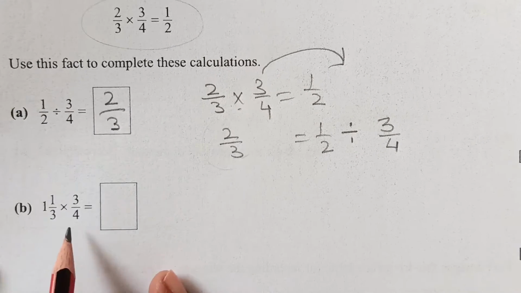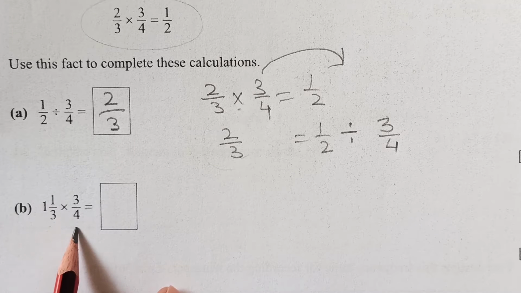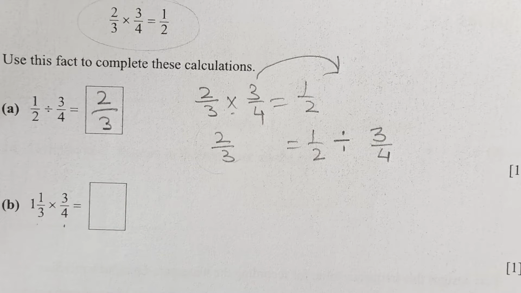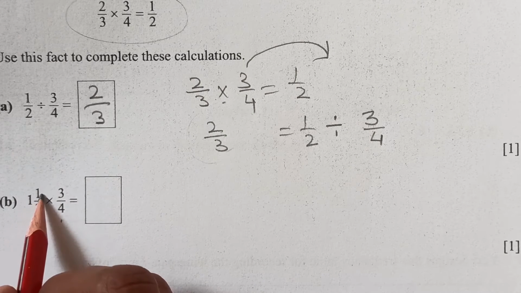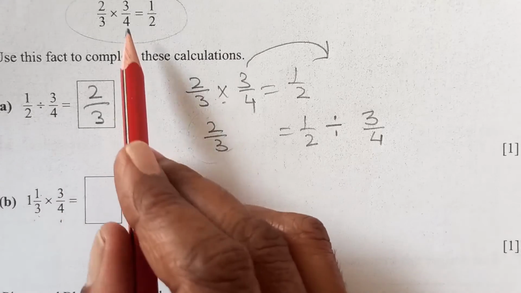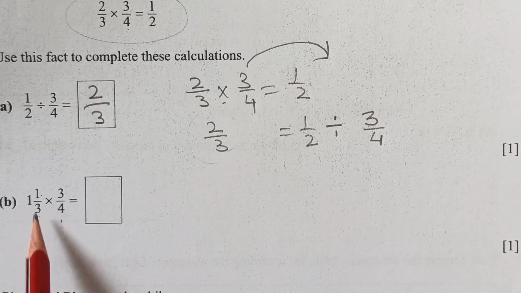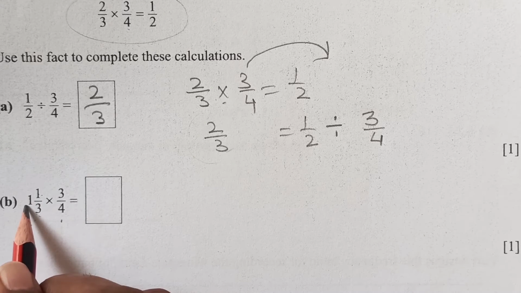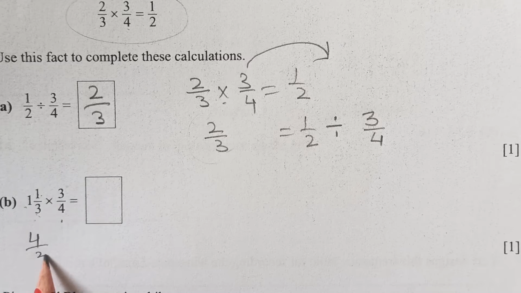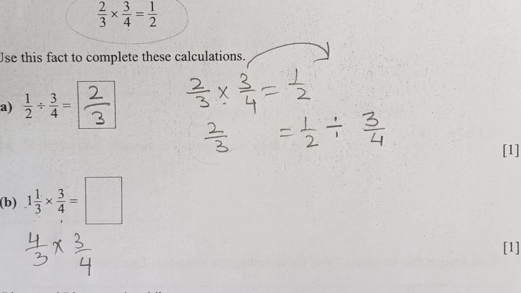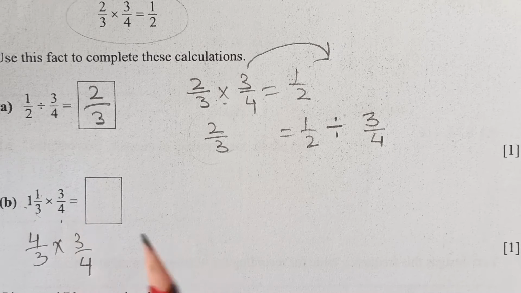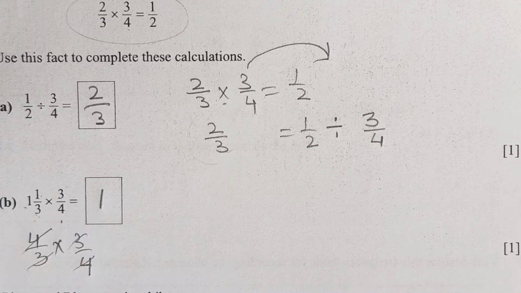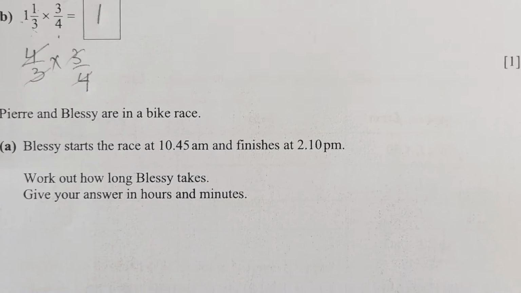Okay, so now here we have 1 over 3 times 3 over 4. So we have 1 over 3, then 3 over 4. So it's 3 over 4 times 1 over 3. Now the question is very straight. These get cancelled and your answer is 1 over 4, right? Now next one is